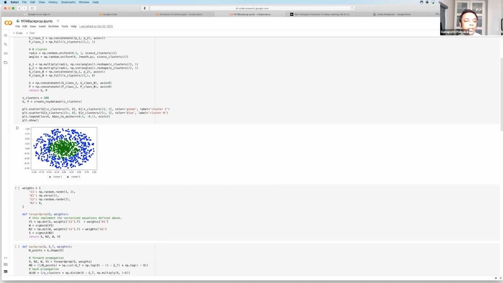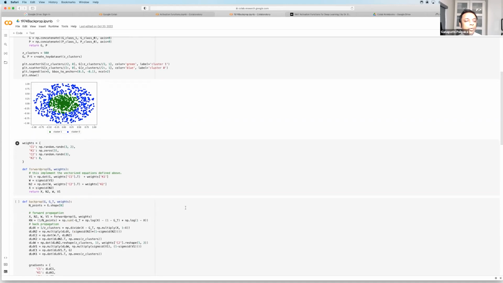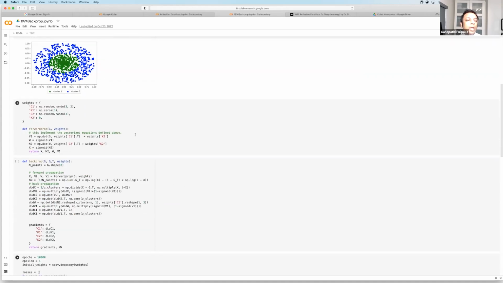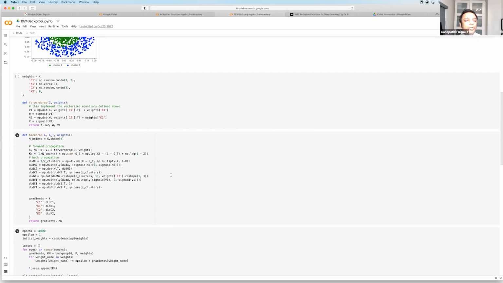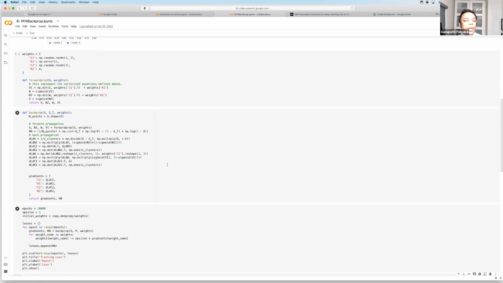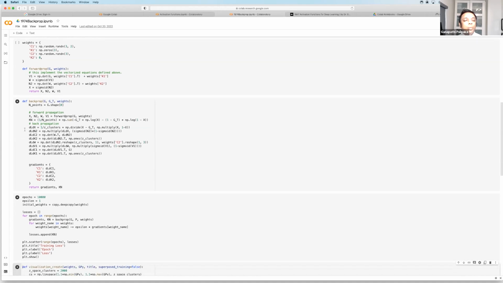So this is cluster 1 in here, and this is cluster 0 here. Basically, I'm going to create some weights for this, and then I'm going to do the forward propagation on this as vectorized equations. Then I'm going to call a sigmoid function here and calculate the weights as we just saw. Then I'm going to apply the backpropagation for all these data clusters that I just created. These are the values that we saw for the chain rule calculation, and I'm just computing that over here for each cluster.